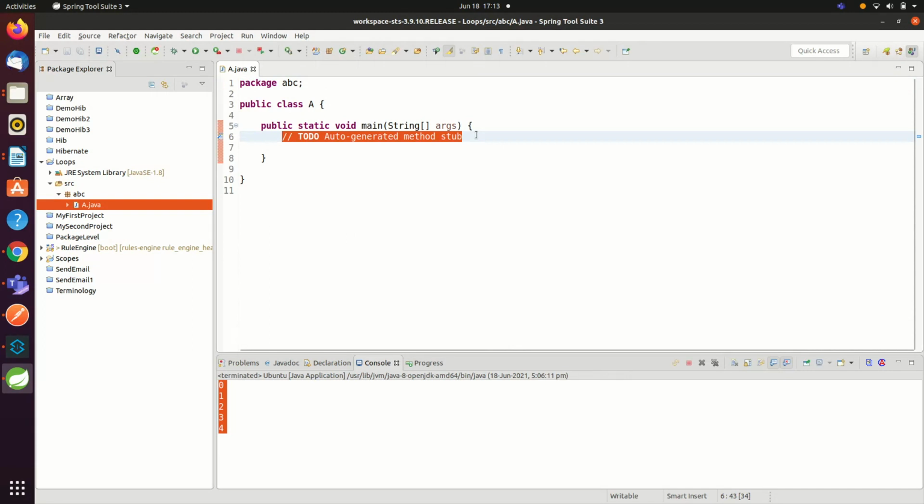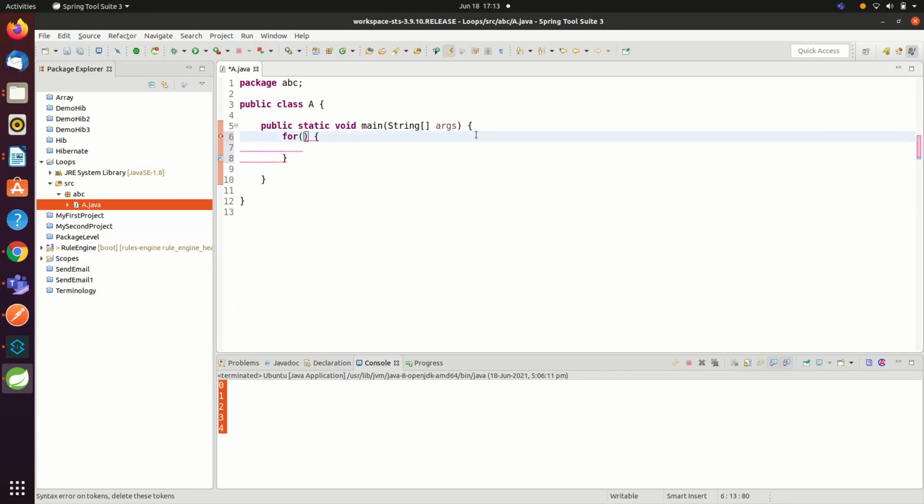Now I will create a for loop body. Now inside round braces, what do we need to give? Statement 1, 2, 3. What are the statements? First we need to declare the variable int i equal to 0. Then we need to give a semicolon. After the semicolon, we will give a condition, i is less than 5, separated with a semicolon again. Then I will increment the variable i. Inside the System.out.println method, I will pass this i as a value.